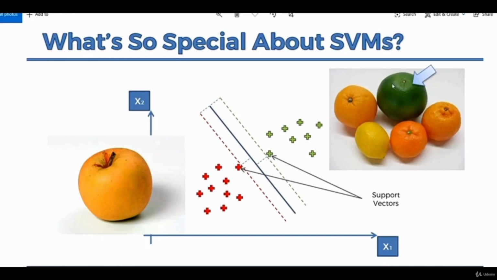the green apple. So it's going to take exceptional data, and then fit a line on the basis of those by taking them as support vectors, splitting the data using a line equidistant from those data points and with the maximum margin between them. So that was the basic intuition behind the working of SVM. Let's try to implement it in our code.